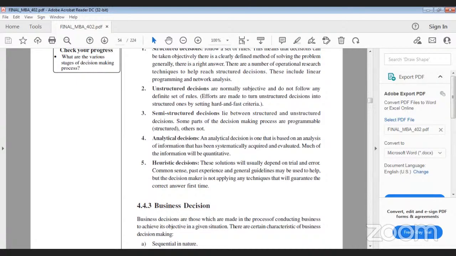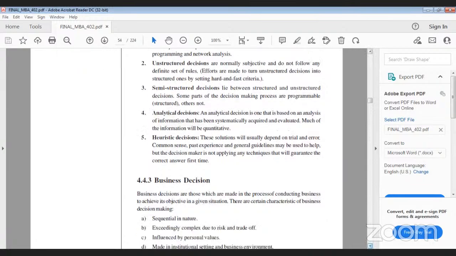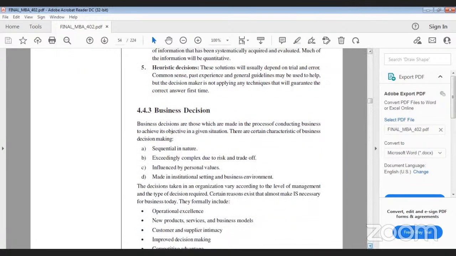Business decisions. Business decisions are those which are made in the process of conducting business to achieve its objective in a given situation. There are certain characteristics of business decision making: wide spread in nature, complex due to risks and trade-offs, influenced by personal values, and made in an uncertain setting and business environment. They are formally included for